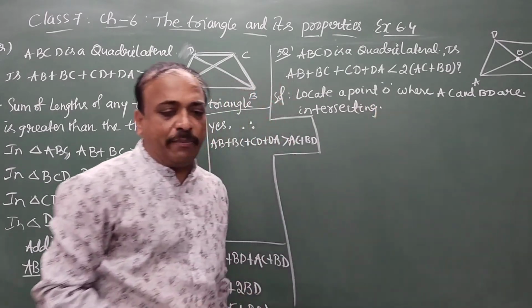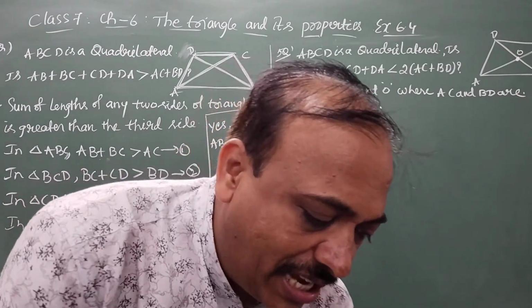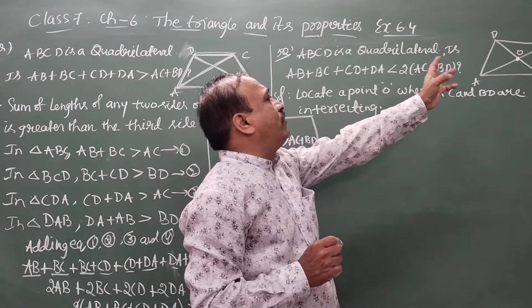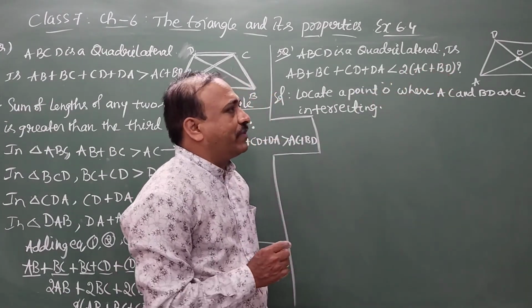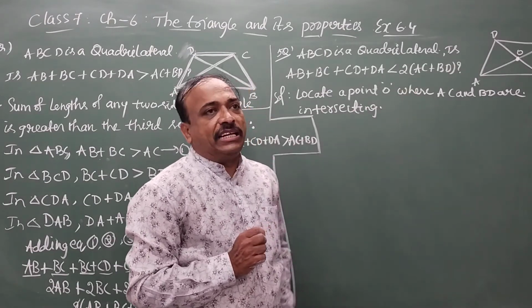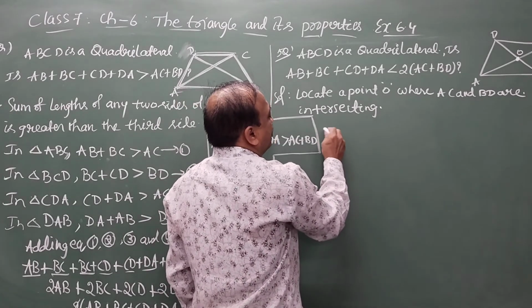So there we located a point as O. Once we locate the point as O, then we can find different types of triangles: ABO, CBO, COD and DOA. So different types of triangles we are able to see, where AC and BD are meeting at the point O. Now, as we know that sum of